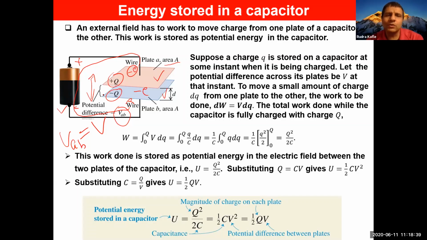So when this process happens, the charge is stored in the capacitor, and an electric field is developed. An electric field is produced between the plates, and in that electric field, energy is stored, right? So the battery does work, and that work done is converted into electrical potential energy, which is stored in the electric field of the capacitor, right?